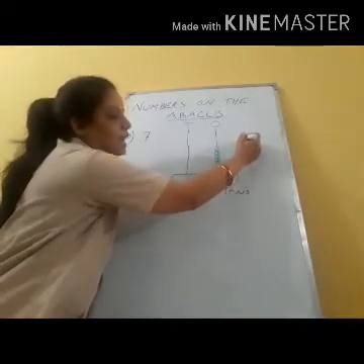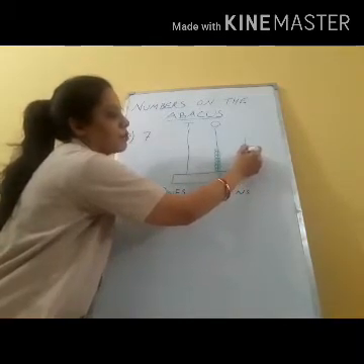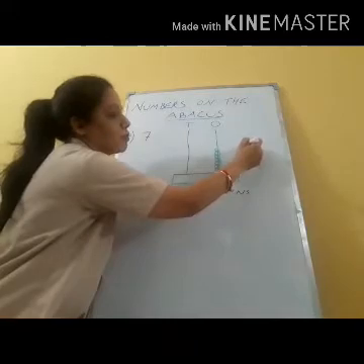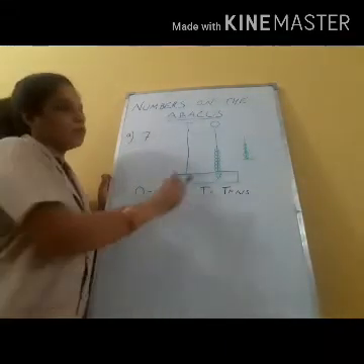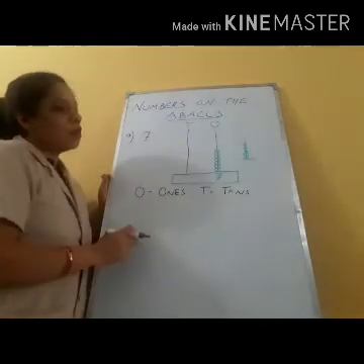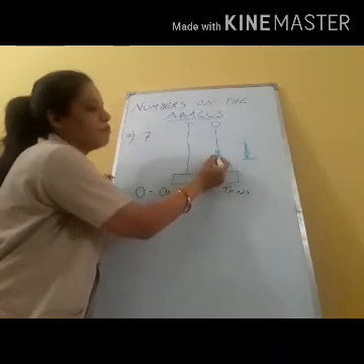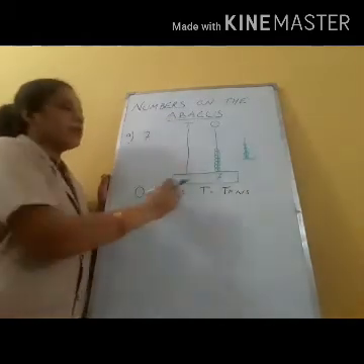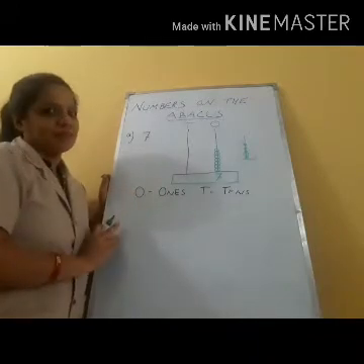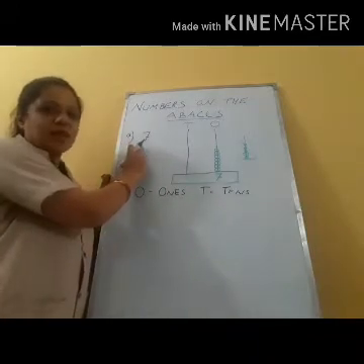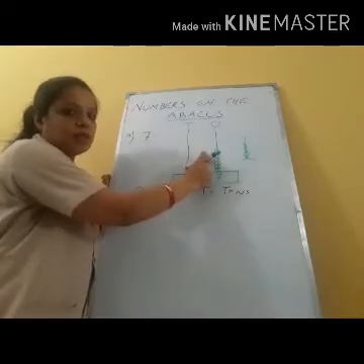You will not draw like that, with small beads, then big beads, then small beads. No. You will draw like this. All the beads should be the same. 1, 2, 3, 4, 5, 6, 7. Whatever number is here, you draw according to that number. So this is your one digit number. Write on the ones place and draw beads according to that.